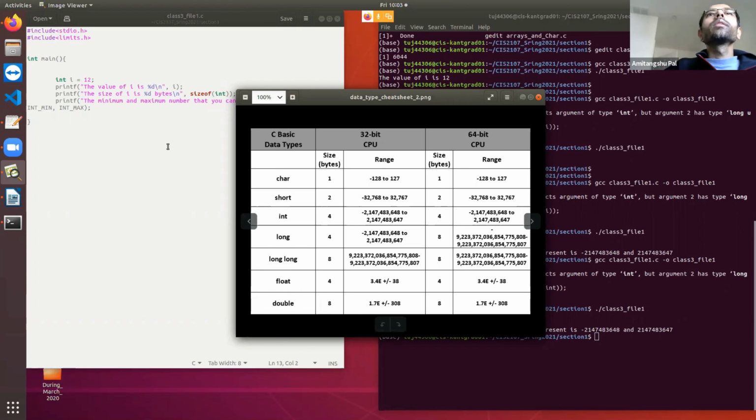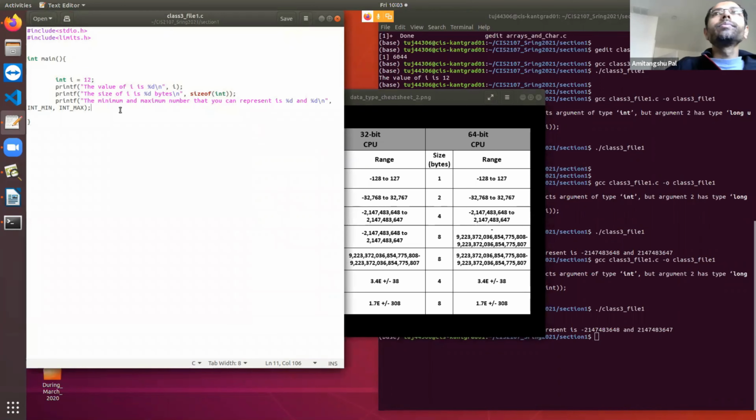All right. So let's initialize a short int, and let's check its size.